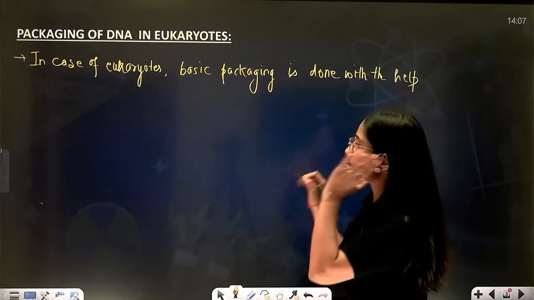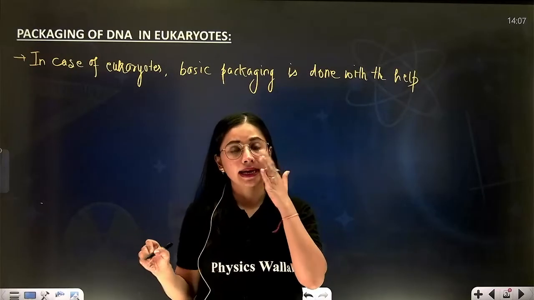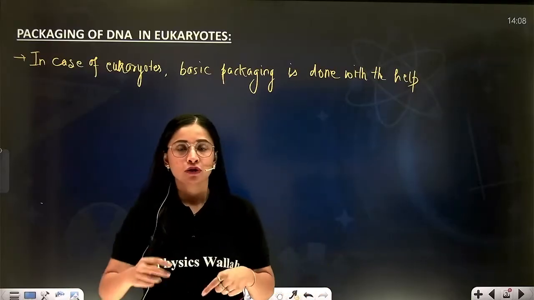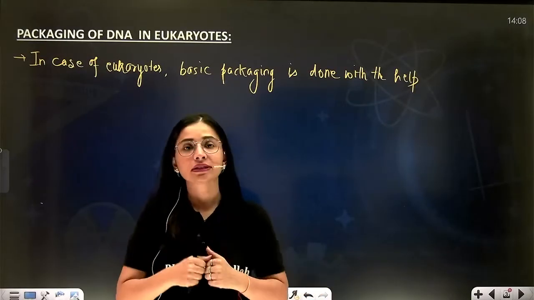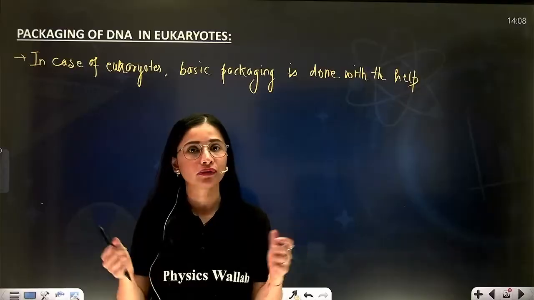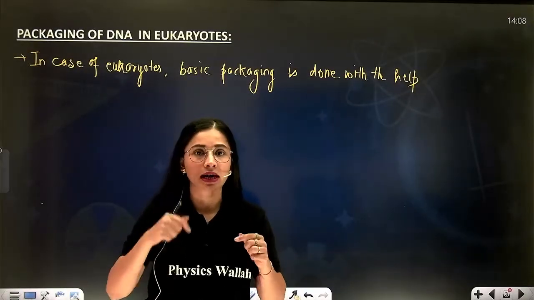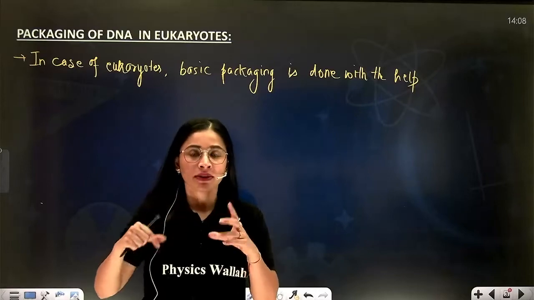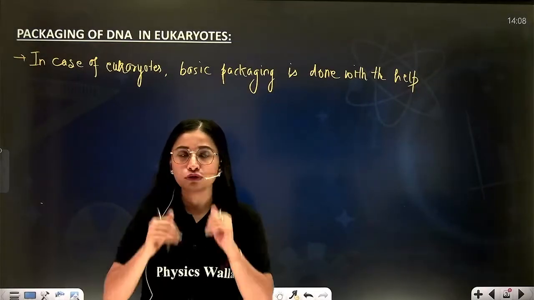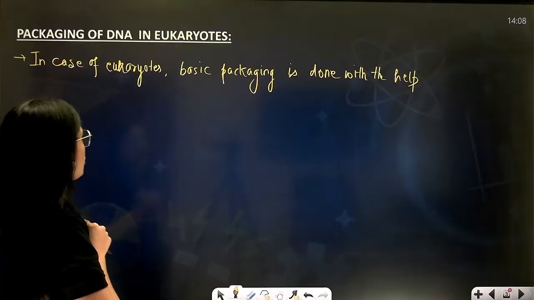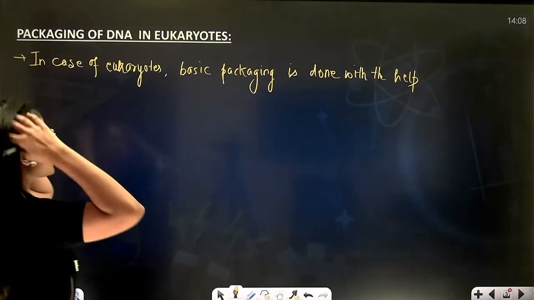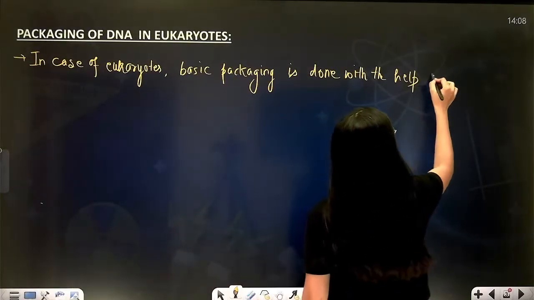Because DNA itself is negatively charged. So negative and positive will be attracted. So in order to reduce the length of the DNA and increase its thickness, we need some positively charged proteins around which DNA can be wrapped. And yes, it can be reduced in length. Correct? So packaging in case of eukaryotes is done with the help of